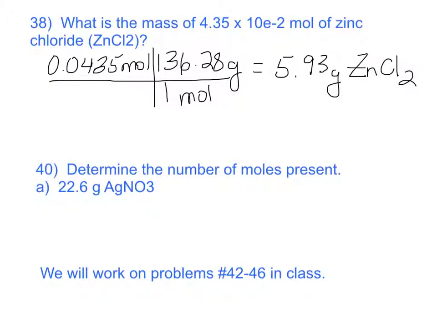All right, and finally problem 40. Determine the number of moles present in 22.6 grams of silver nitrate. All right, so now look at your map again. Now you have mass, and you're going to moles. So if we go from mass to moles, then we're going into the mole, and we're going to divide. So now we're going to divide by the molar mass, and we calculate the molar mass of silver nitrate by adding 1 silver, 1 nitrogen, and 3 oxygens. And when you do that, you should end up with